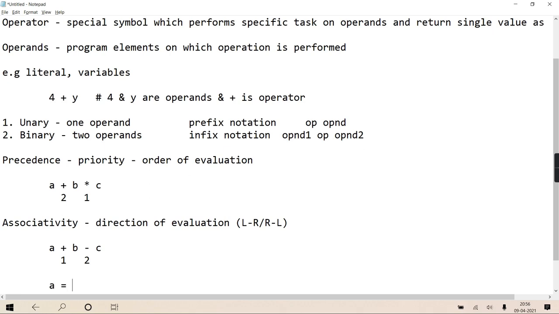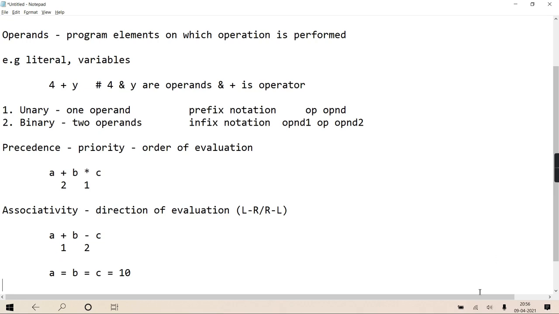But if you are doing multiple assignment, A equal to B equal to C equal to 10, in this case it is right to left. 10 is stored in C, C is stored in B, B is stored in A. Actually only the reference is stored, meaning there are 3 references referring to object 10. But whatever, it takes place from right to left, whereas here it is left to right. This is the first operation, this is the second operation, this is the third operation. Hope it is clear to you.